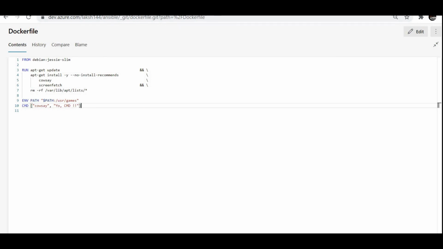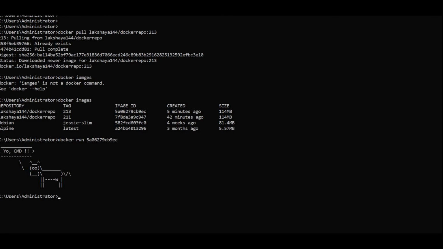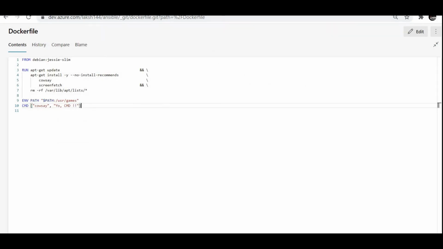Like I simply typed docker run and the image id. If I specify some parameter here also, then it will show that as output in our Docker container. But in case of entry point, if we specify an entry point, then we cannot override that parameter. So I will create a separate video on the difference between CMD and entry point, and how the container is affected as soon as we change any argument or parameter in the CMD and entry point commands. In this video I just showed you how we can create a Docker image using a Docker file and push that image to Docker Hub.